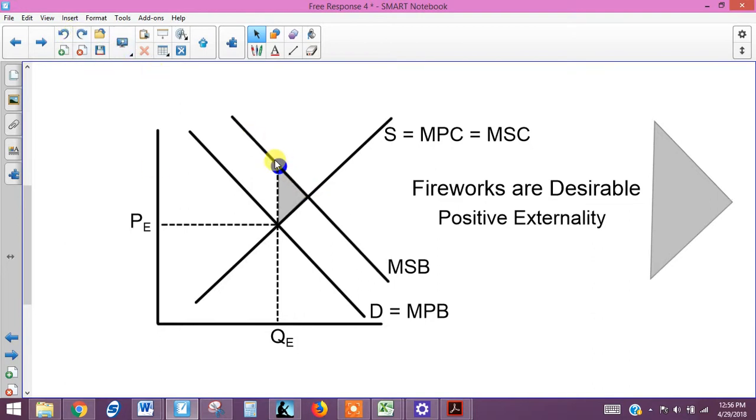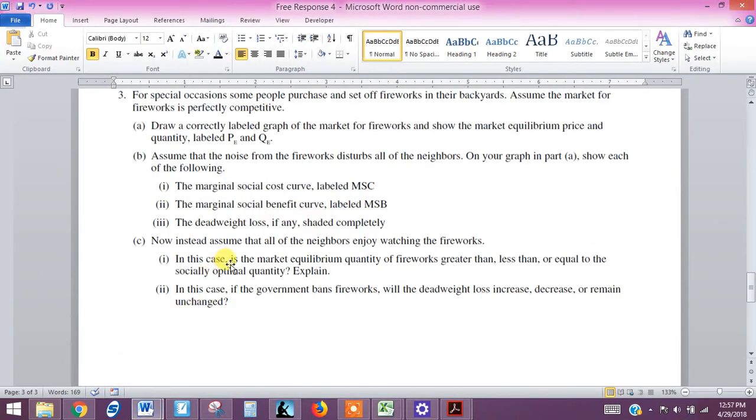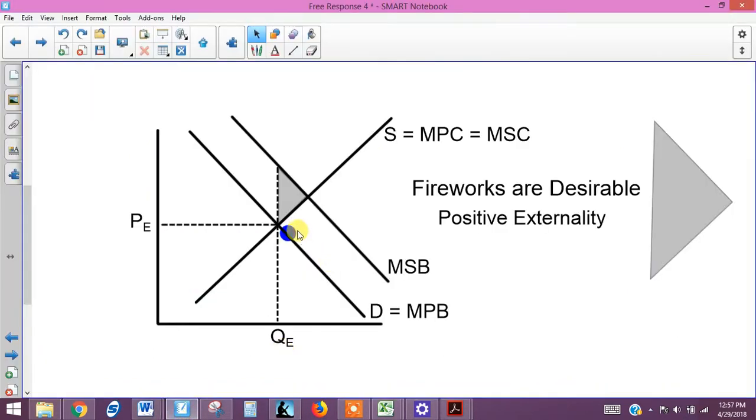The question is asking, let's go back: is the market equilibrium quantity of fireworks greater than, less than, or equal to the socially optimum quantity? Well, it's going to be less, right? So we come back over here, the market quantity is right here. But when we shift to a higher marginal social benefit curve, our actual socially optimum quantity